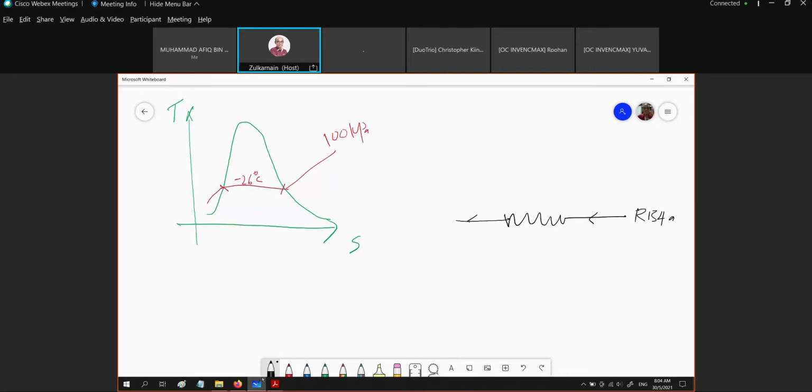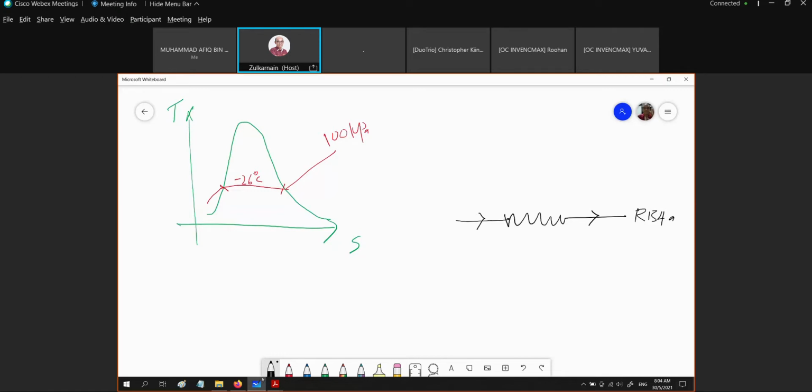This is the outlet of the heat exchanger. Let me correct the direction first. Let's say this is the way, because from here the saturated liquid becomes saturated vapor. So if we have 100 kPa coming into the heat exchanger, we have minus 26, meaning